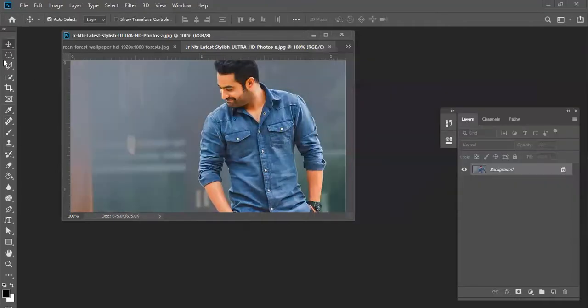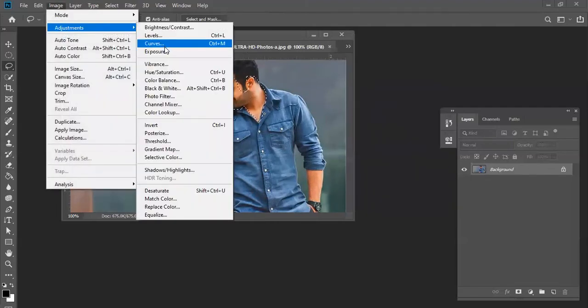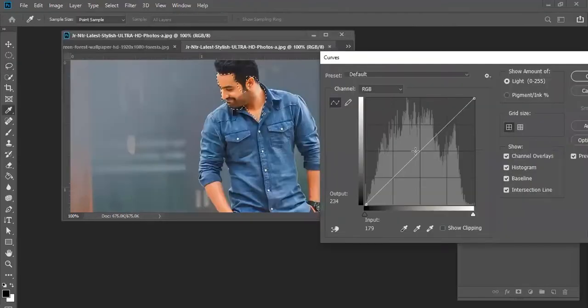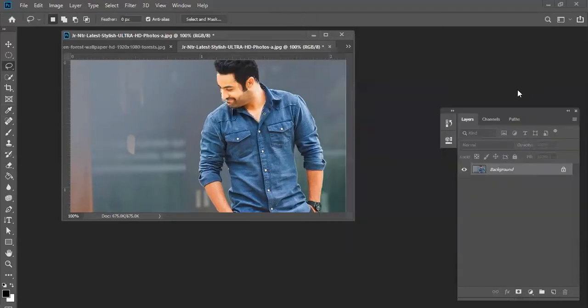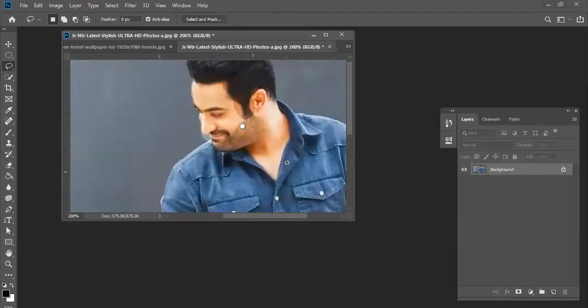So here, what you can do is, by using the lasso tool, select only this area. That area only, if you want to make the curve, you can adjust that one also. Click in the middle and you can adjust this one, only the face, only it will be more white. This is an option for that. So you need to click in a proper way, then only you can see it, otherwise it's not good.